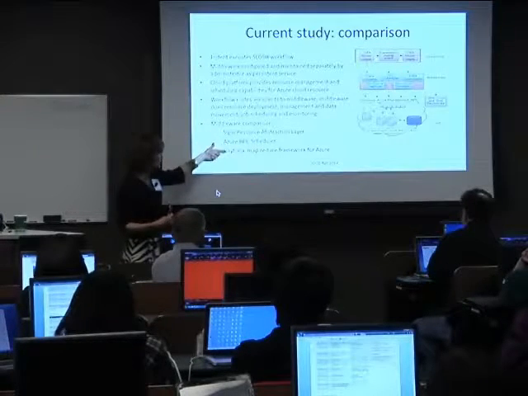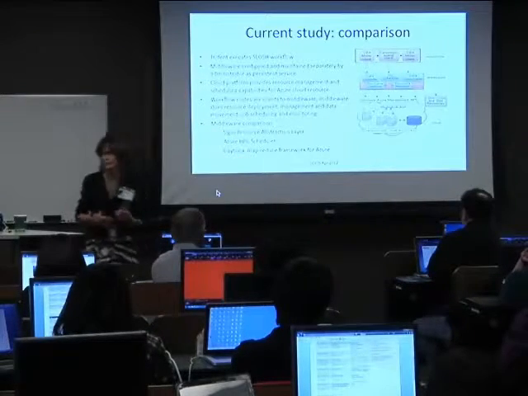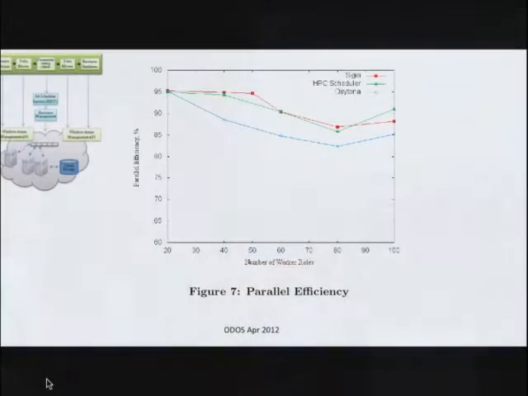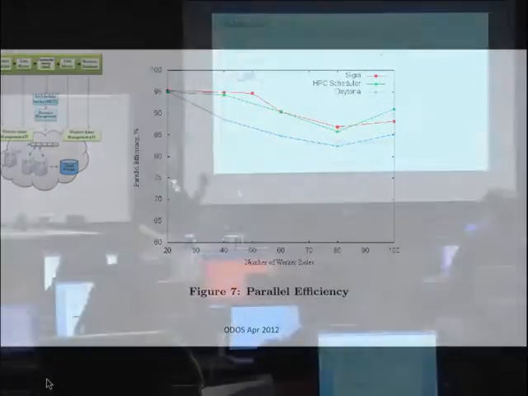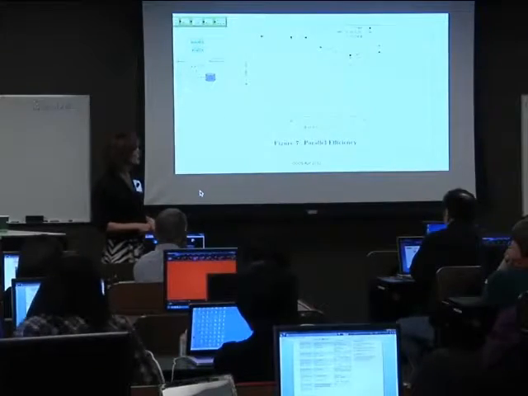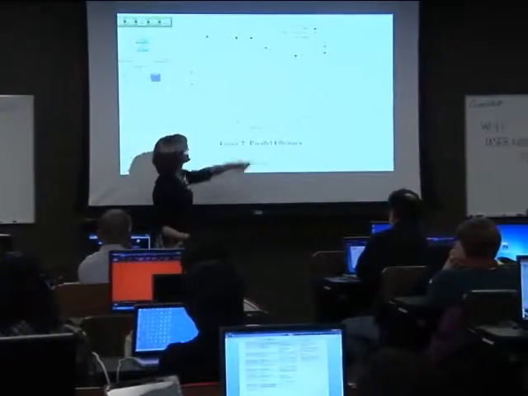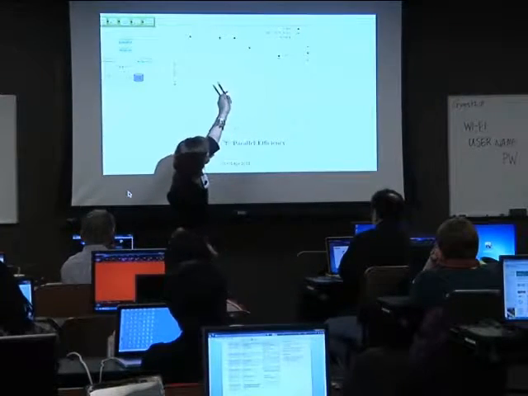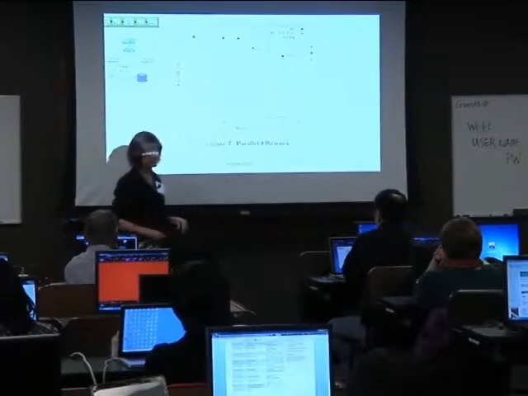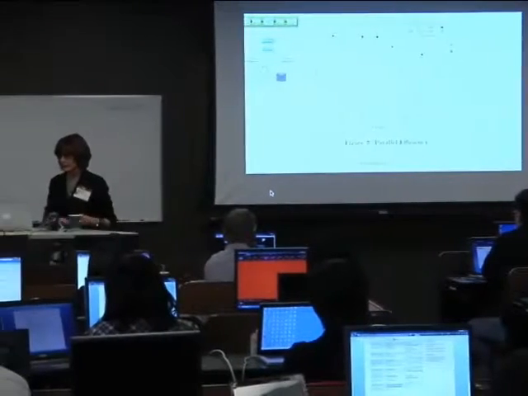It is more MapReduce oriented, so it's slightly different in its paradigm. So again, these are too early really to say much about because we were under stress of a deadline when we got it in. But these very early results suggest that your efficiency for Daytona is lower than for HPC scheduling.